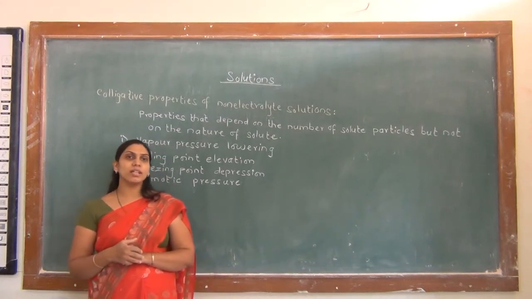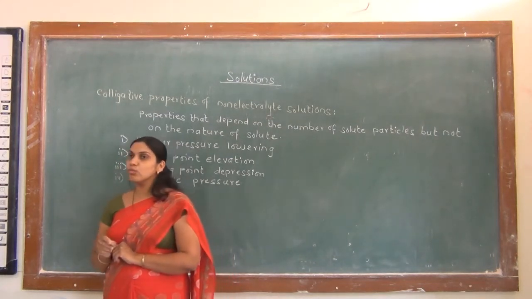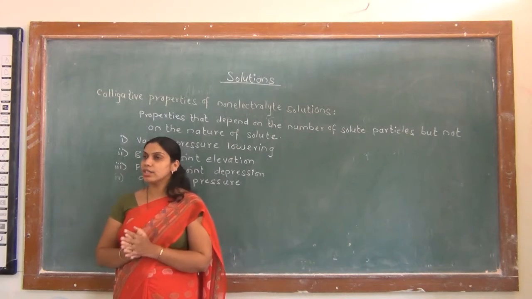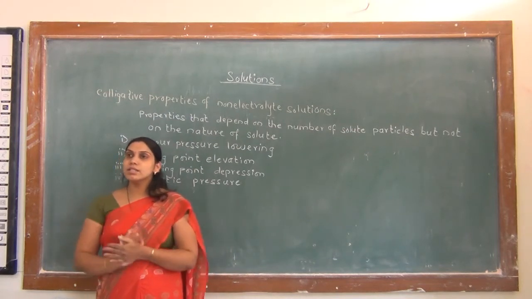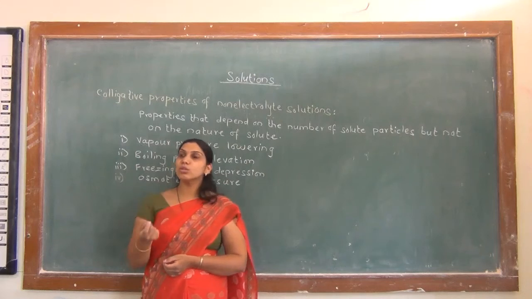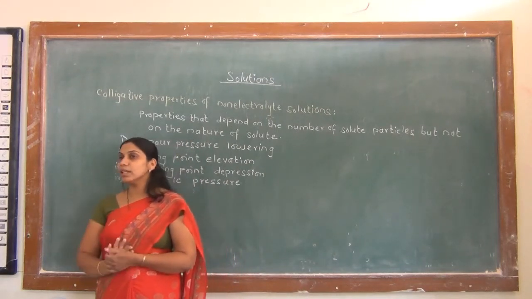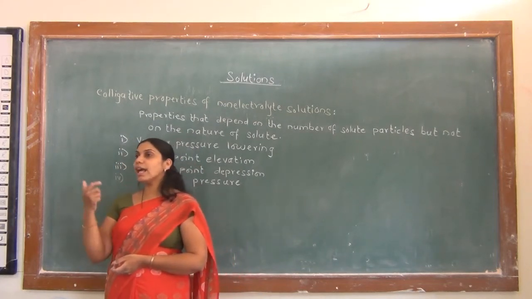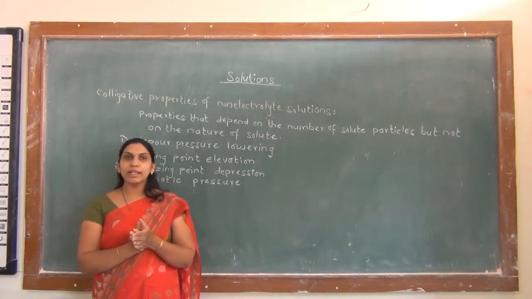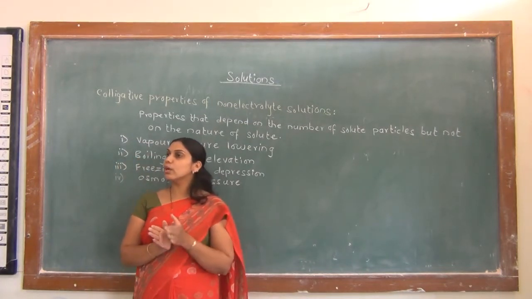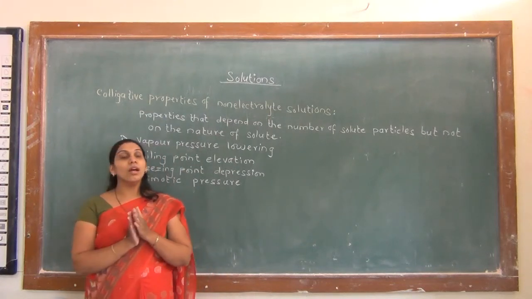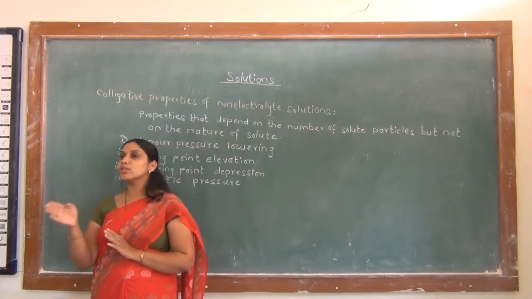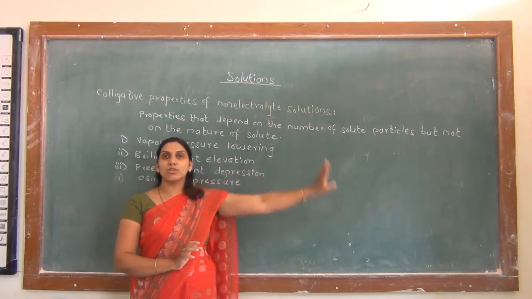The chemical substances which do not form ions on dissolution into the solvent are called non-electrolytes. For example, suppose we are dissolving common salt, that is NaCl, in water. What happens when NaCl is dissolved in water? NaCl is ionized into two types of ions, Na plus and Cl minus. But when we dissolve glucose in water, glucose does not form any ions. So here NaCl, as it undergoes ionization, is an electrolyte, and glucose does not undergo ionization in solution. Hence, glucose is a non-electrolyte. And the solutions in which non-electrolyte solutes are dissolved are called non-electrolyte solutions.